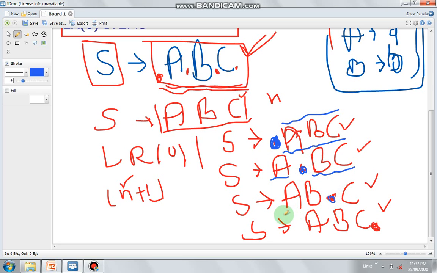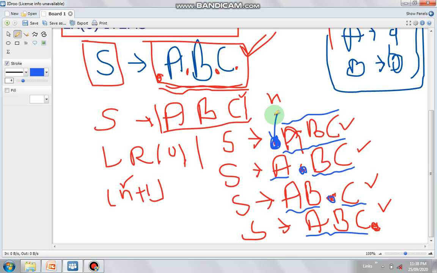Here the parser has already seen AB, and is waiting for a string that can be derived by C. Here the parser has already seen a string derived by ABC. So this is all about the meaning of the dot here. We will see more about the use of the dot in LRK parsing when we construct parsers and do a stack implementation for a particular parser.